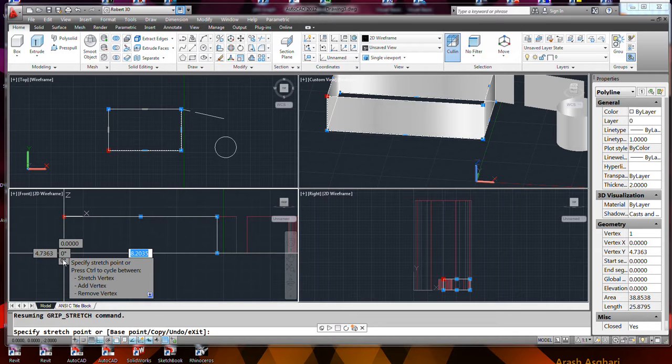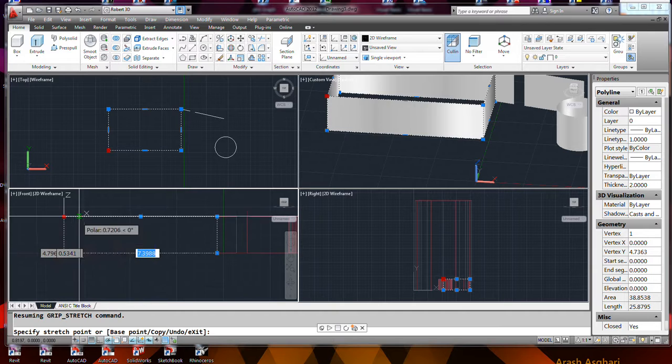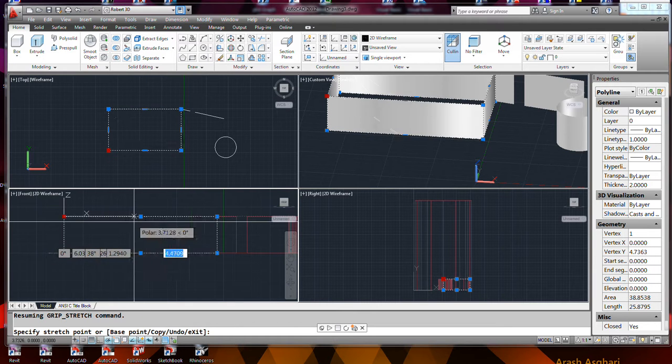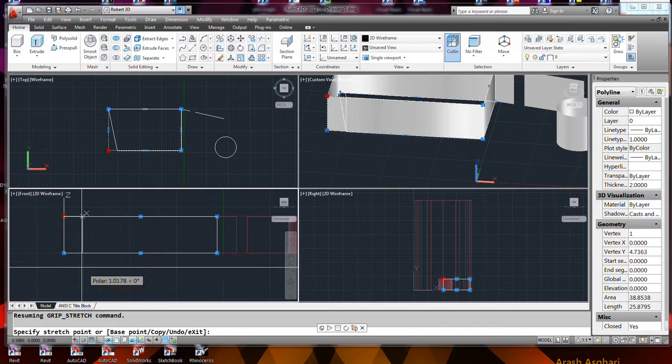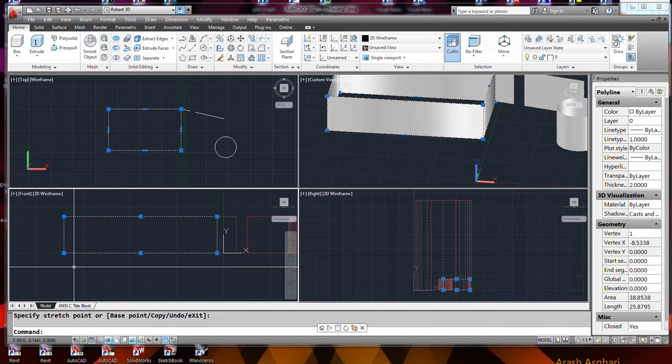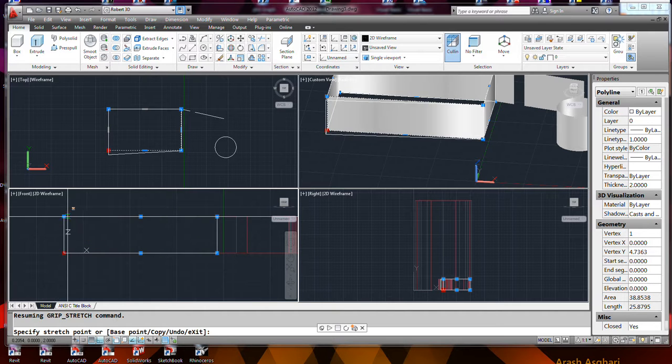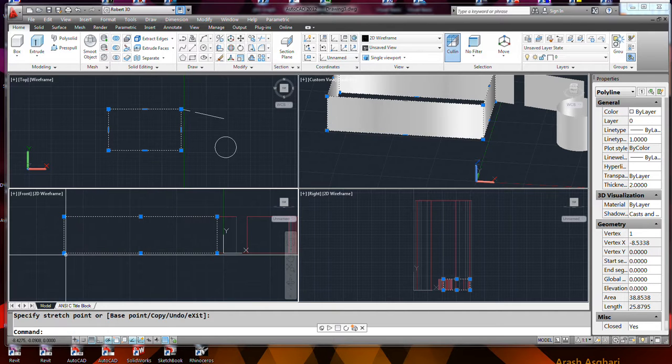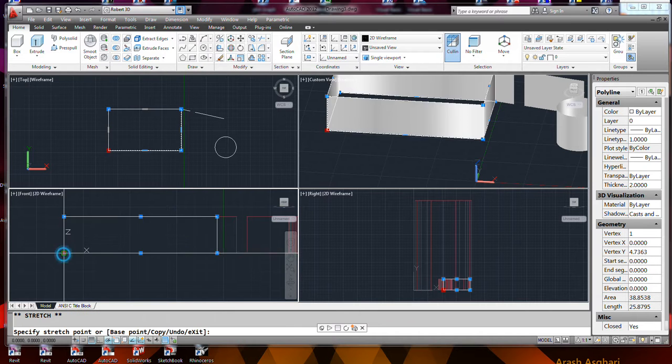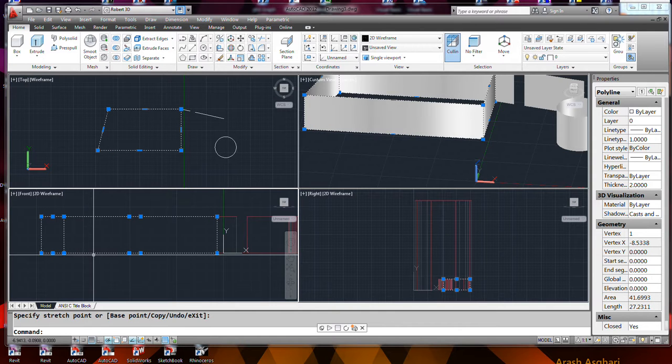See, what people turn this off and you can't select anything. Yeah, supposedly it won't let you move polylines around on the z-axis. So, at any rate,